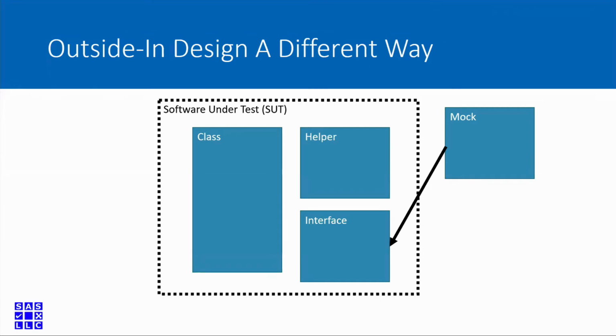So the mock kind of like, as you're growing your TDD, right? As you're growing the software under test, you're adding methods to the interface. And as you add them to the interface, you add them to the mock, and it lets you make sure that everything's flowing correctly. Does that make sense to everybody? Does everybody see how that's kind of different than the other way of doing things?